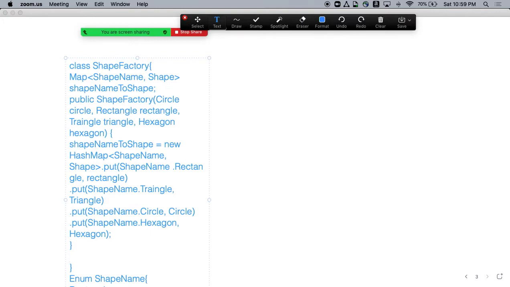And then what we will do? We will create a method called, let's say, get shape.